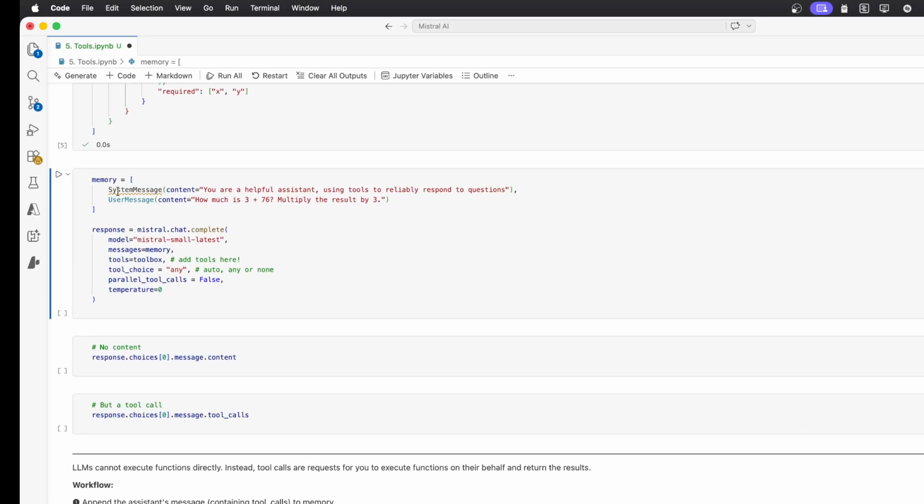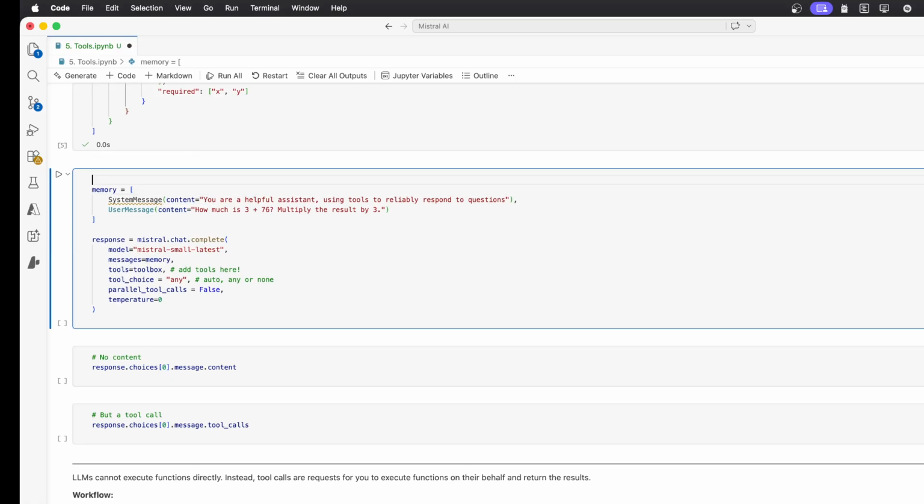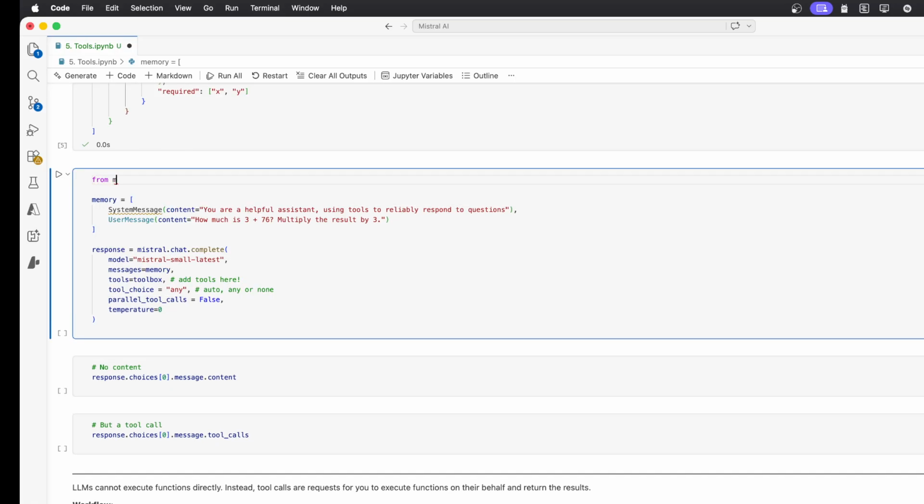And I will start managing my memory. So I create a list. Looks like I didn't import the system message class. So let's do it here, still in the models module, import